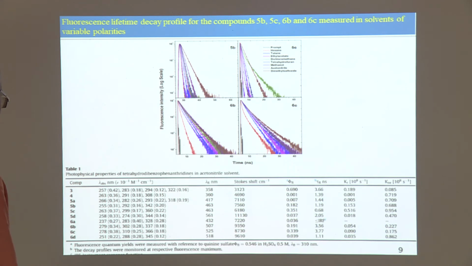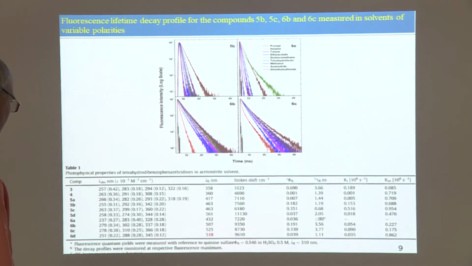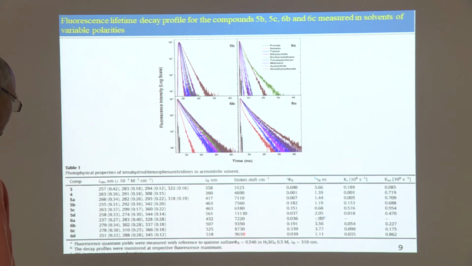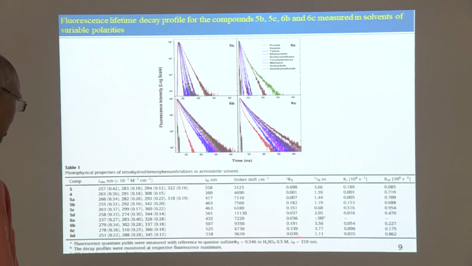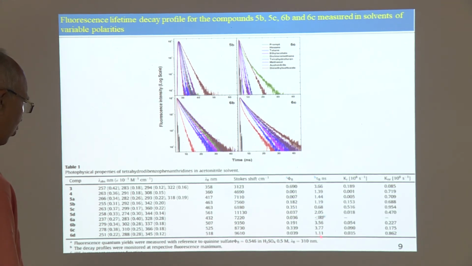So we can call it as an ADA, that is acceptor, donor, acceptor. So it is having an emission of 518, and next we have Stokes shift. So Stokes shift is also increased considerably, and the quantum yield is reduced, that is as usual the nitro group is getting reduced, and your lifetime is 1.11.